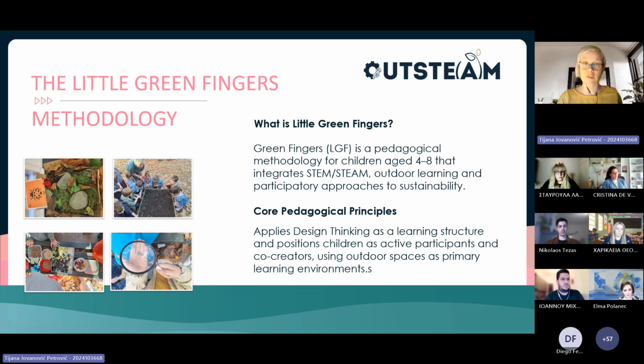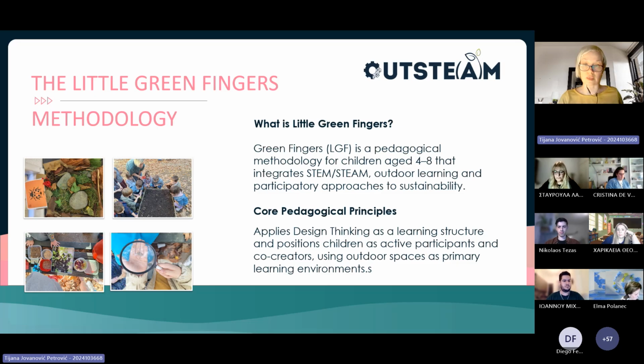So Little Green Fingers is a pedagogical methodology which is designed for children ages 4 to 8. It integrates early STEM and STEAM learning with outdoor education and participatory approaches to sustainability. The method is built on the idea that children learn best through interaction, meaningful interaction, and engagement with real environments.